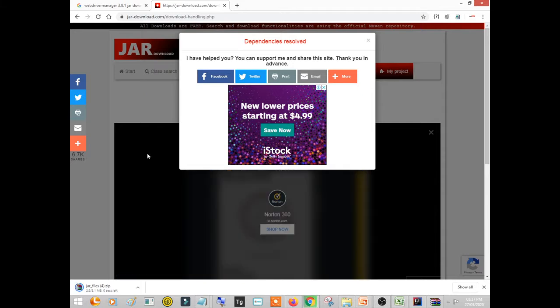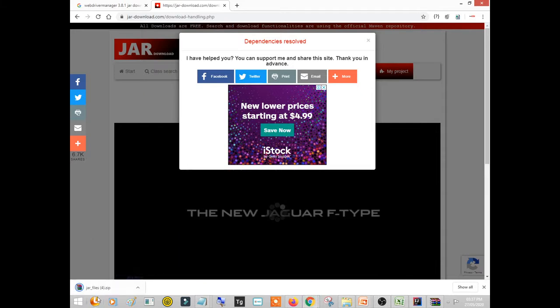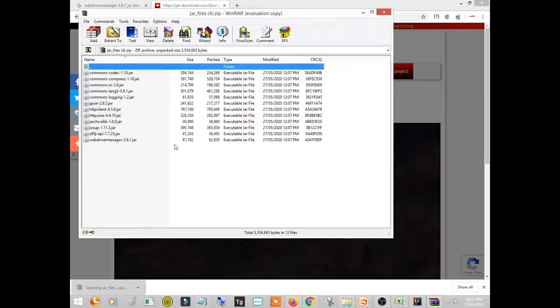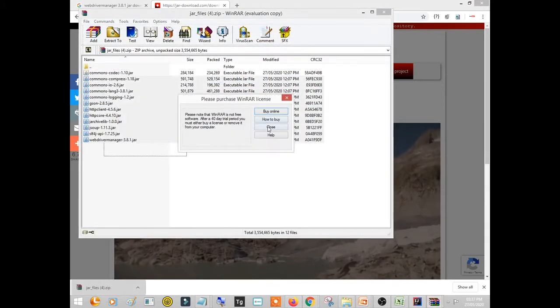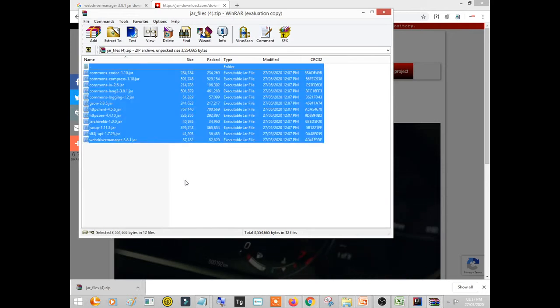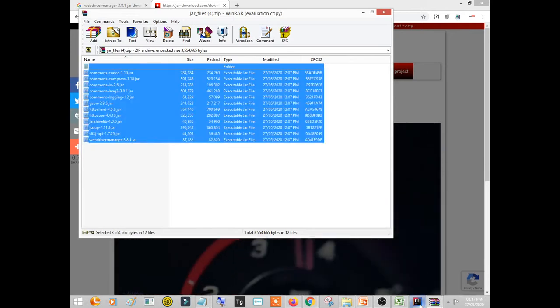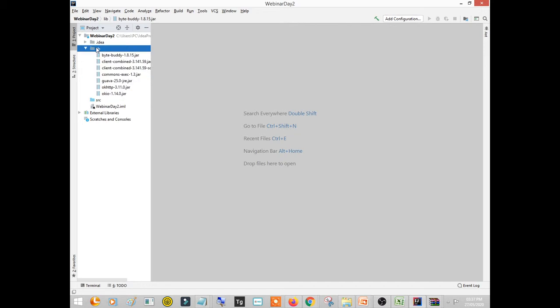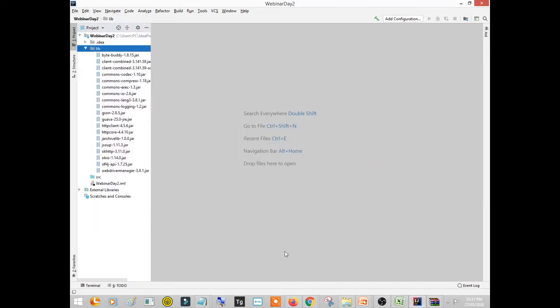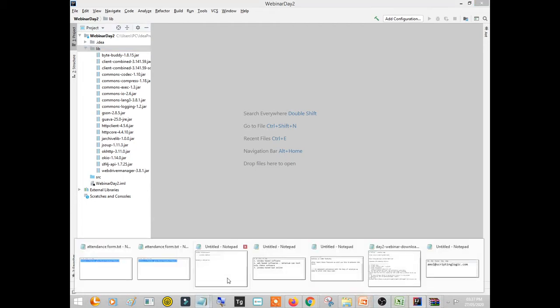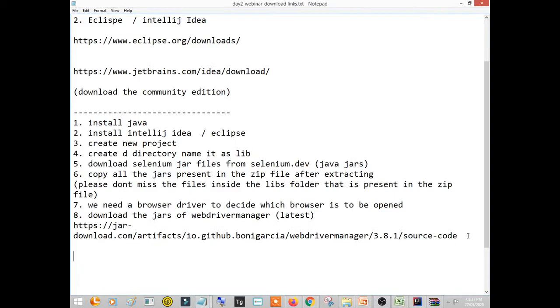You can extract it and you will get several jars, right? So copy all the jars and paste it into the lib, right? Say refactor.